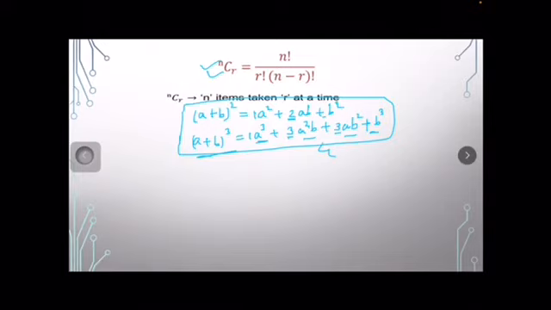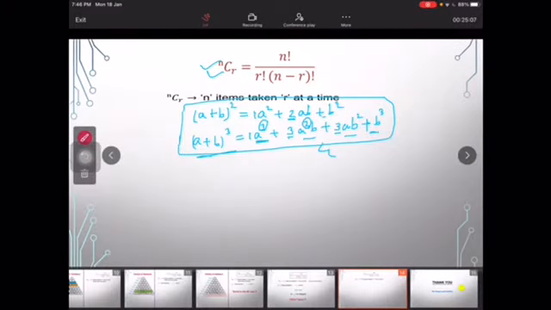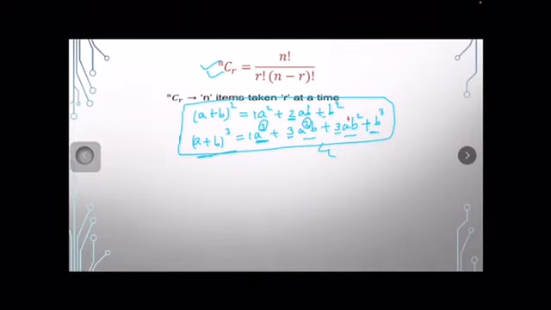Now you see here, if we look at the powers of a, what's the power of a here? In the first term the power of a is 3, right? In the second term, what's the power of a? The power of a is 2, right? And here this is the power of 1. And here the power of a is a to the 0, it means 0, and what's the value of a to the power 0? That is 1. So here we have the 1.